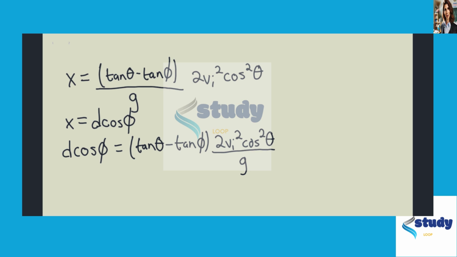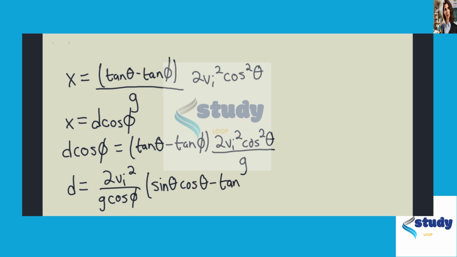And we're going to solve for d now. So d will then be equal to 2 v initial squared divided by g cosine of phi, multiplied by sine of theta cosine of theta, minus tangent of phi